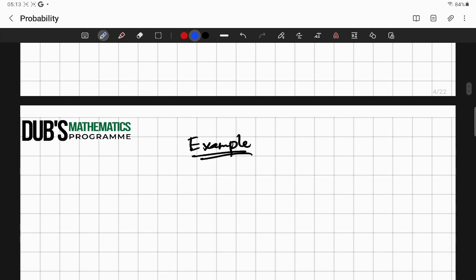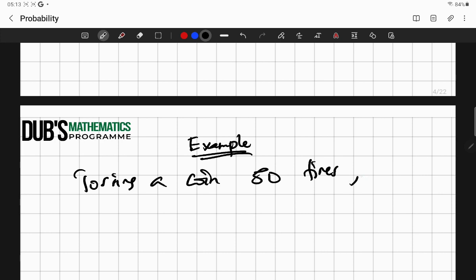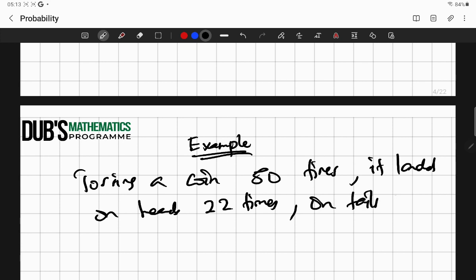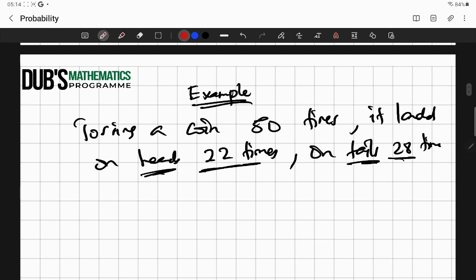Let's look at an example. Tossing a coin 50 times, and then you say it landed on heads 22 times, and then on tails, sorry, 28 times. So you conducted an experiment where you're flipping the coin 50 times, and out of those 50, 22 times it landed on heads, and then 28 times it landed on tails. Now the question will say, find